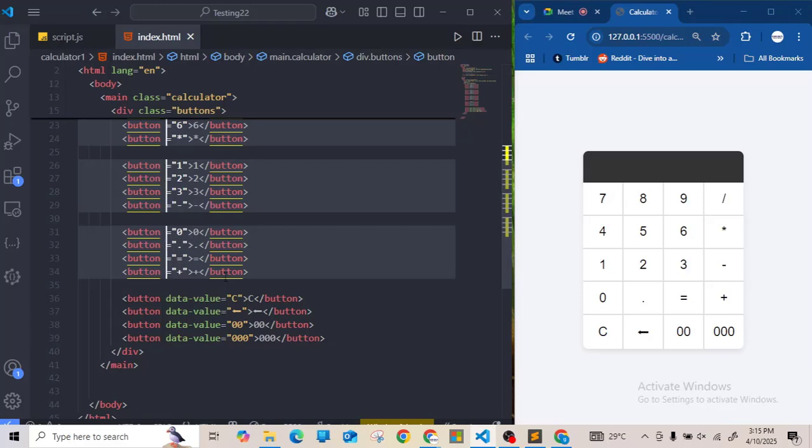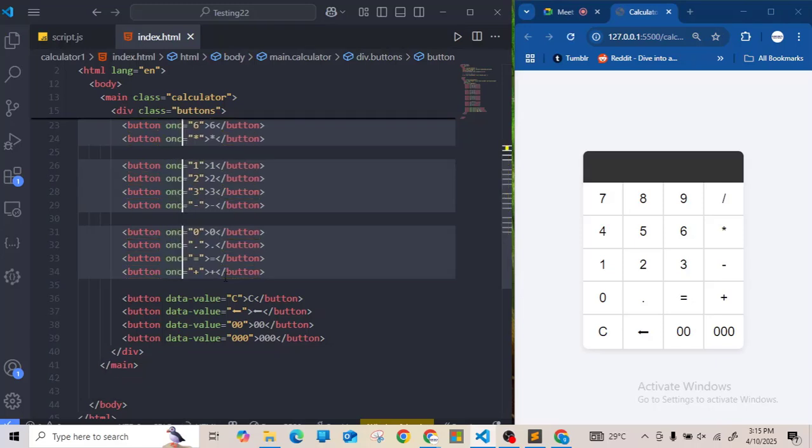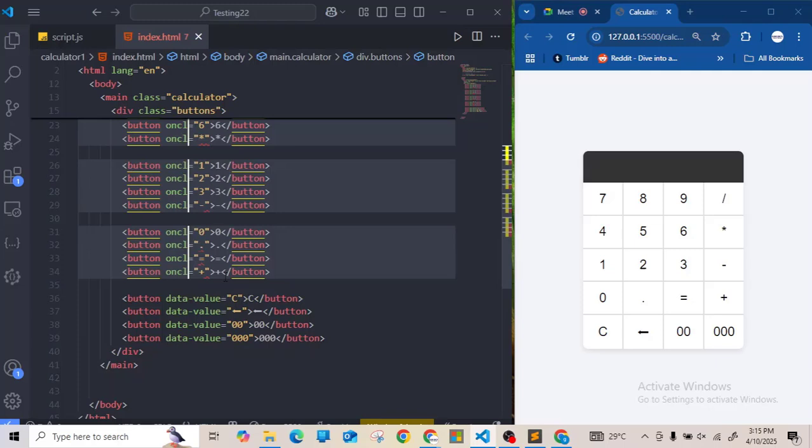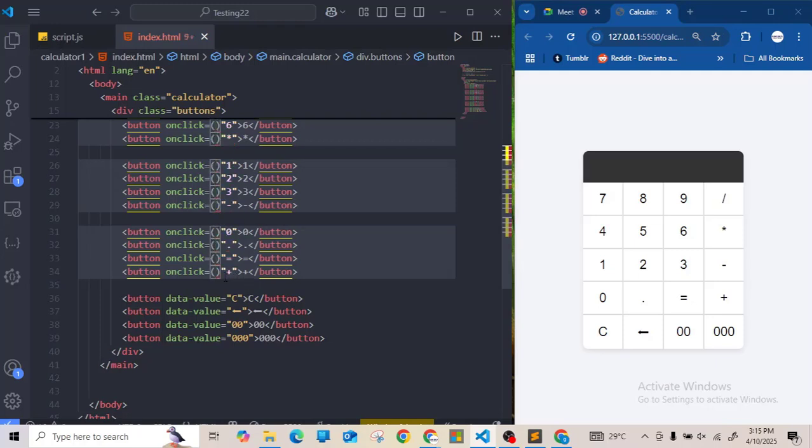So what we are going to put in here is the onClick. We're going to use onClick, and inside this onClick we have to pass in another value. The onClick will take in a function